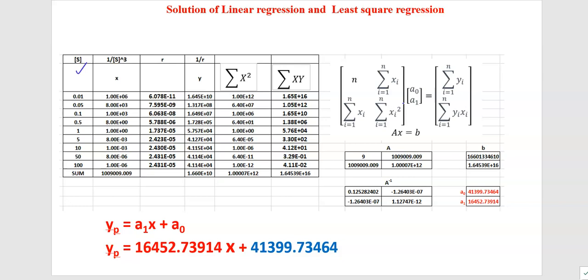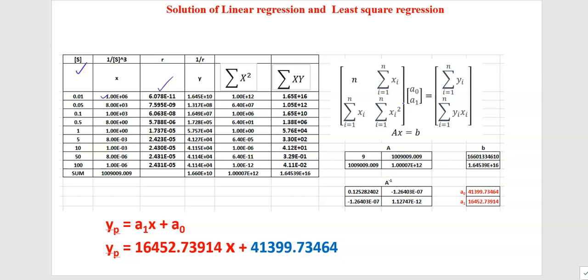Now x is nothing but 1 by S cube. So we have calculated that x is 1 by S cube, which gives 1.00 plus e to the power, it means 1 into 10 to the power 6. So that we are getting, and R data are given. So again that should be converted as y equal to 1 by R, and then